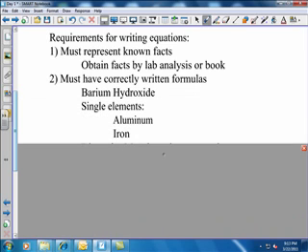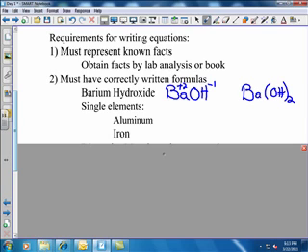Secondly, you must have formulas written correctly in equations. That's why we've done the whole chapter on writing formulas. If you cannot write formulas yet, you are still going to be in trouble, and you're still going to have to learn how to do that. So as an example here, barium hydroxide is not just BaOH. You have to remember that hydroxide is a -1, barium is a +2. So the real correct formula is